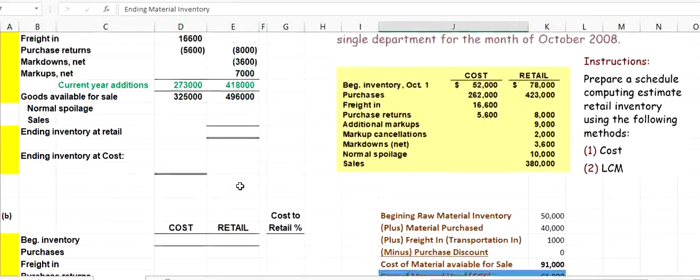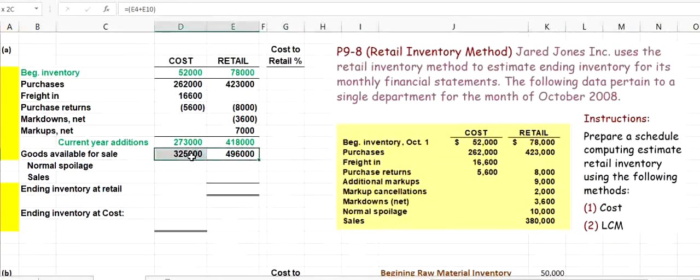and ending inventory. Okay, now let's develop a relationship, because earlier I said that there will be a percentage relationship between cost and retail value. What we will do is divide the cost by the retail value, so it will give us a percentage. That's 65.52%, a rounded value. This means that the cost of the inventory is 65.52% of the retail value of the inventory. Of the 4,96,000 retail value, 65% is the cost and the remaining is the gross profit.